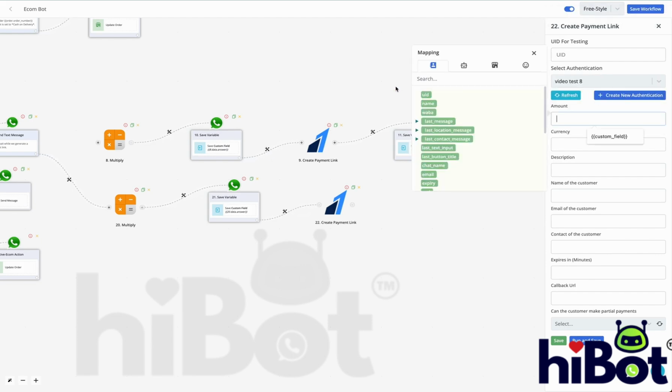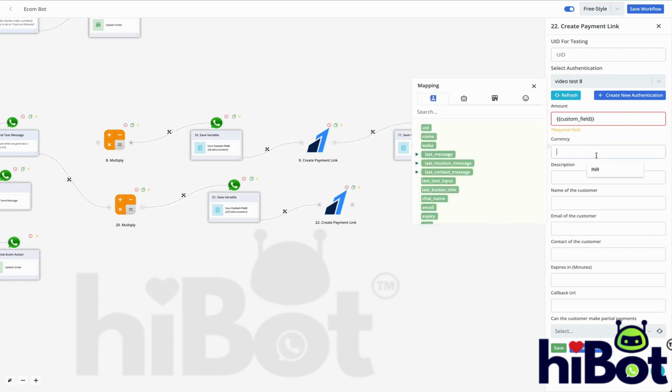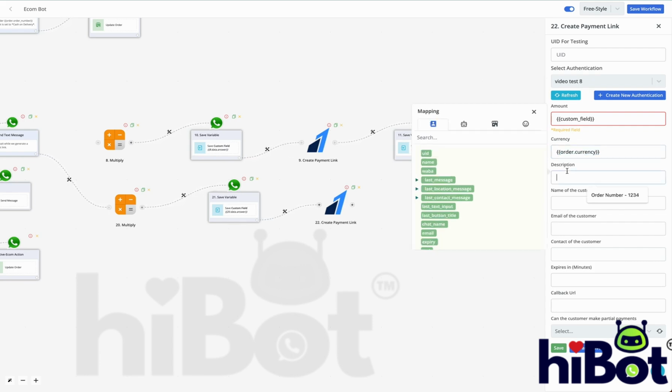In the amount, I am not entering the amount of order total, rather I have saved the value multiplied by 100 in the custom field, so I am entering that. The currency can be the order currency, or if you are only dealing in one currency, INR, you can update it. The description you can enter as order number, and then